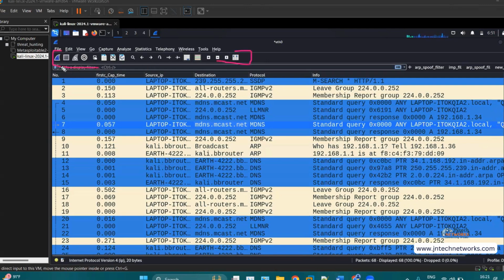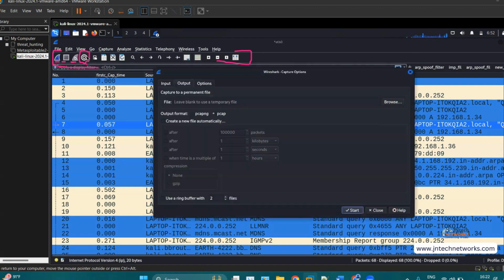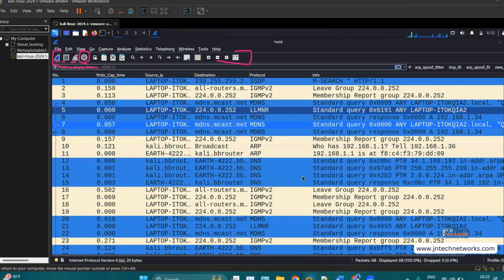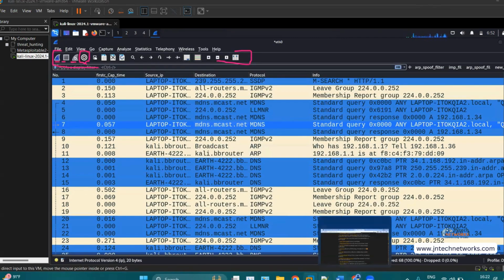From here we can start capturing, stop capturing, restart capturing, and this particular option and this particular option from the options, they are the same only. They will take you to the interface settings, or if you wanted to automate Wireshark, then you can. So these options are the same. Then we have this: we can open file, we can close file,